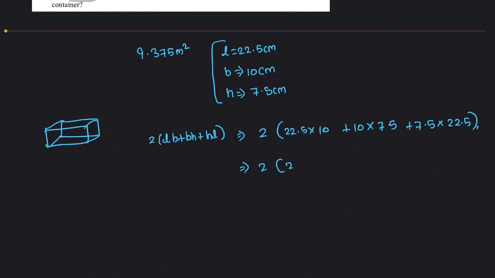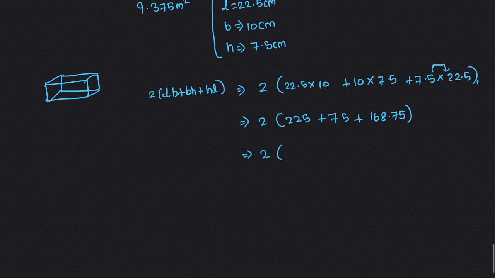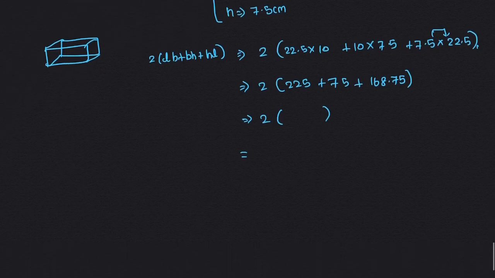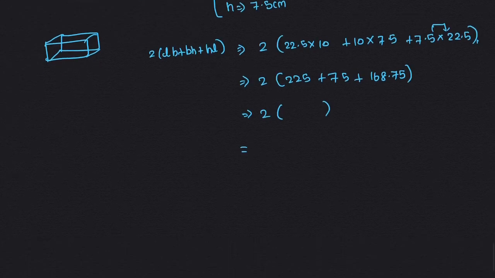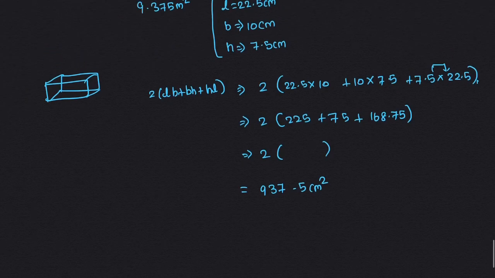Then 225 plus 75, just multiplying these two values, 168.75. After adding 2 times of this value is equal to 937.5 centimeter square. So just compare, the given unit is centimeter and the value of the bricks area is centimeter